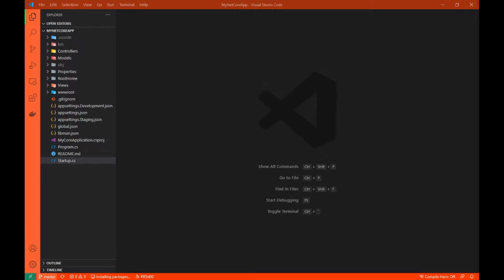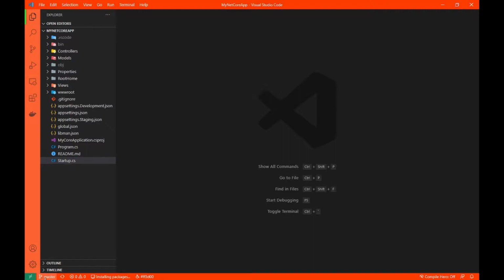Now before we start, let me create a new branch. So as a bonus, let's discuss how the new branch is created in VS Code. You must have the Git extension installed and Git installed as an independent application on your Windows machine or Mac machine or whatever machine you are using. Make sure the Git extension is downloaded and you have Git available in your system.